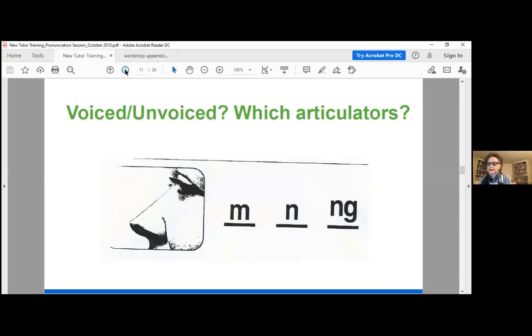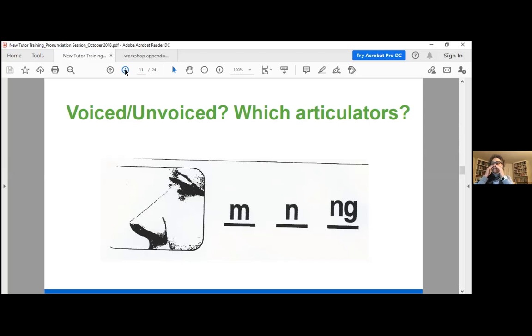Okay. Now those are all the sounds in English that are paired consonants. There are 3 that also are called nose sounds. So these 3 sounds, if you put your hands on the side of your nose and you sustain the M,